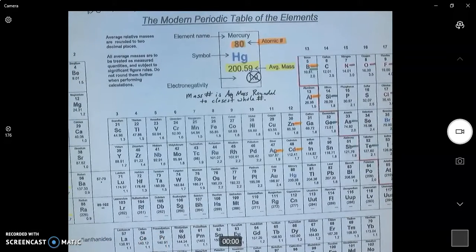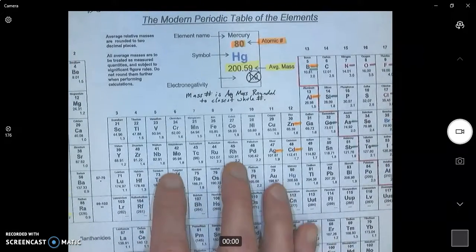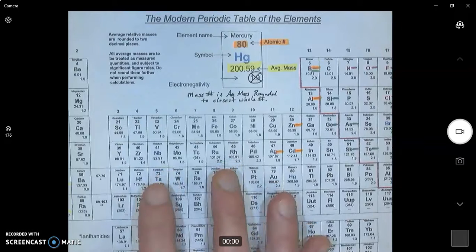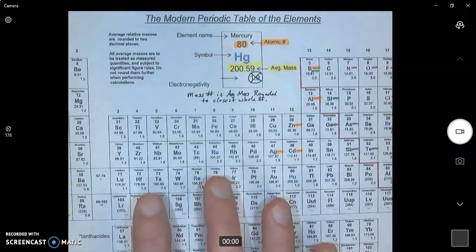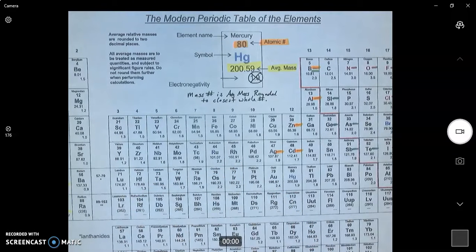Alright, we're going to take a minute here and go over what we did yesterday. A quick review. We're going to go over the answers to the 4 elements that I asked you to analyze for protons, neutrons, and electrons. And I want to talk to you about something called a nuclear symbol before we get into the average atomic